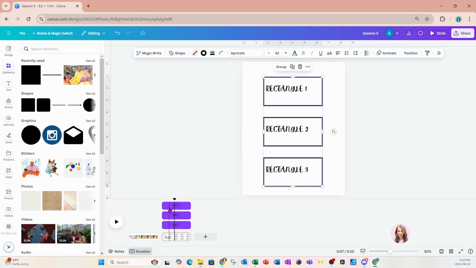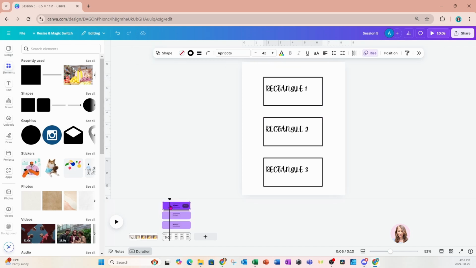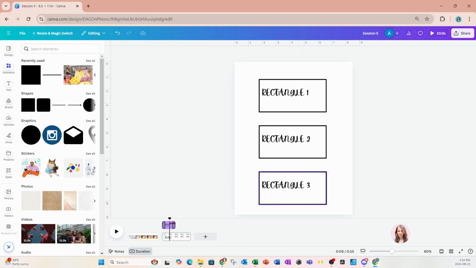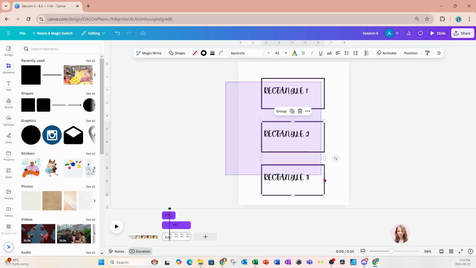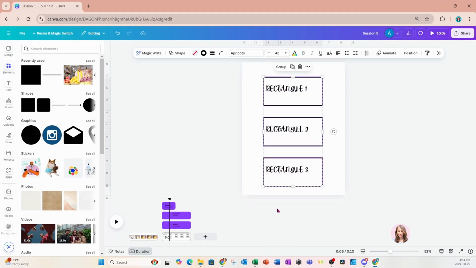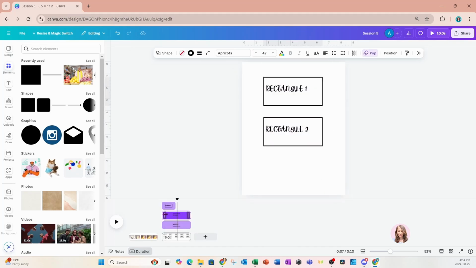Now I can adjust each of these to show at a certain time during my slide. So if I click the first one, I can crop it to end at 2.3 seconds. If I click on all the elements again, I can have the second one